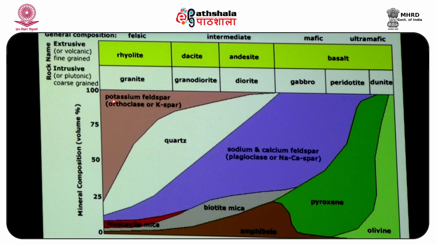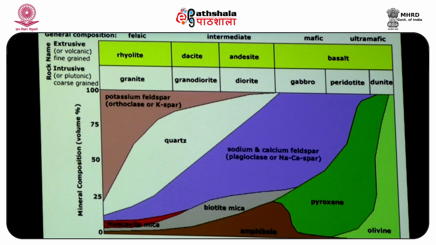So, what we see here is that from felsic end to the ultramafic end, the mineralogy changes. You do not see quartz present in ultramafic rocks because they cannot exist together. Similarly, you cannot see olivine or pyroxene in granite or rhyolite because it is not possible, because they do not have magnesium and iron. So, now you can see here is that the intrusive rocks are listed here and its